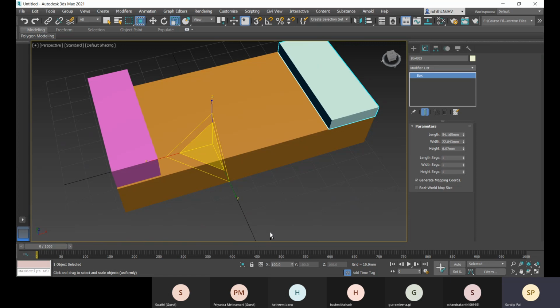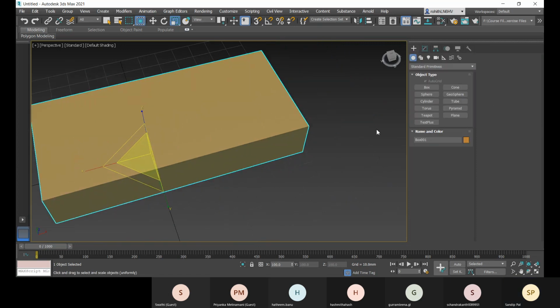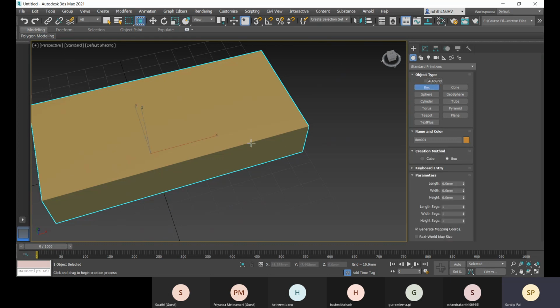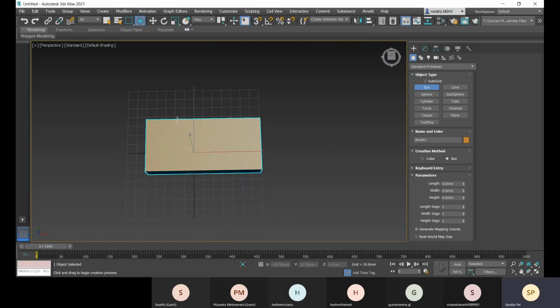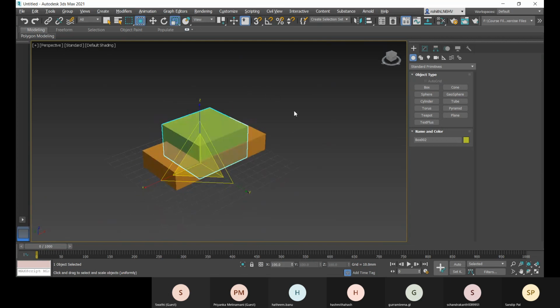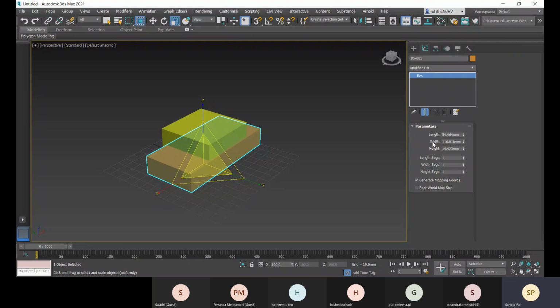Now suppose I create some objects without auto grid. If I need some objects, let me create one object, and I will match the length and width.